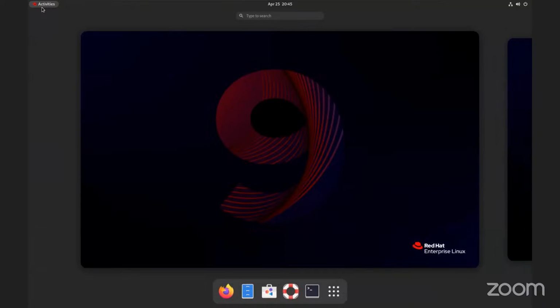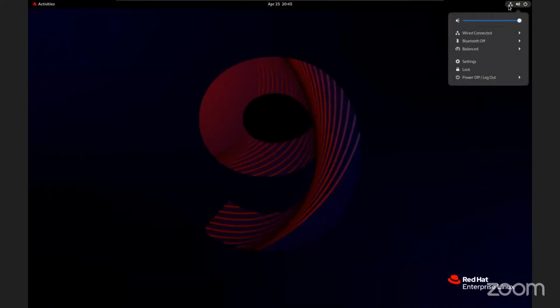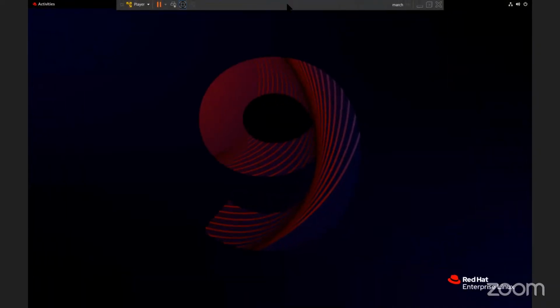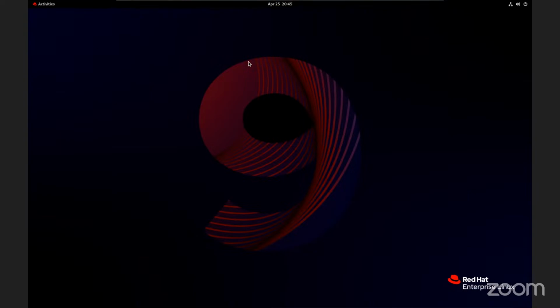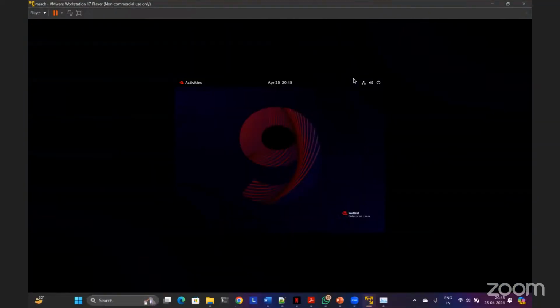It works as if you're running a second operating system, although it's a virtual machine. You can do everything. You can browse the internet. You can do all sort of things which you can do on your laptop. Okay, but we are here to practice. So we'll focus on the core administration, how to manage users, how to manage hard disk, all those things. Any doubts, any queries till now?